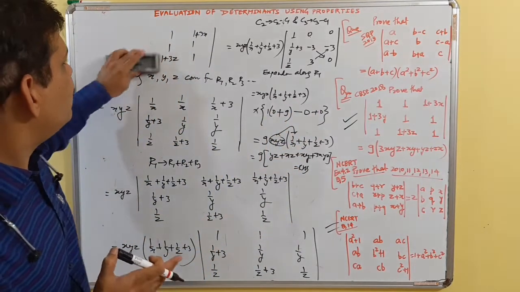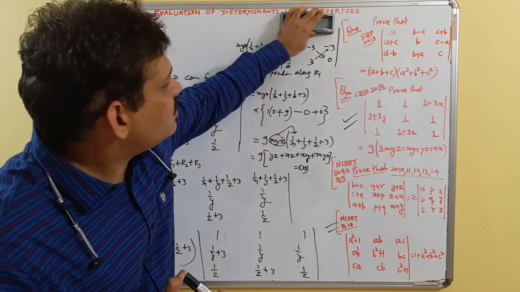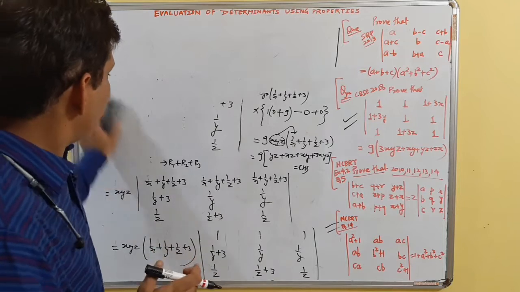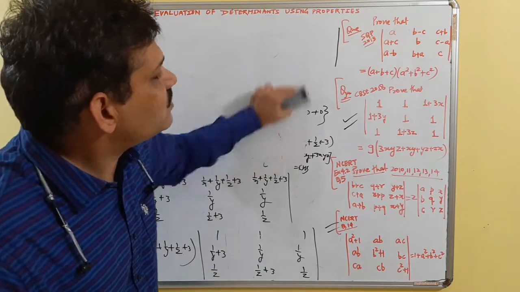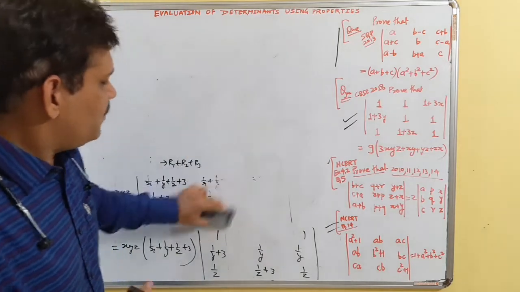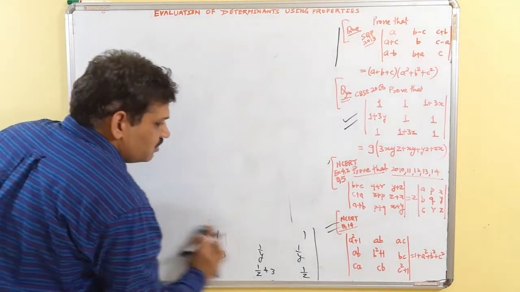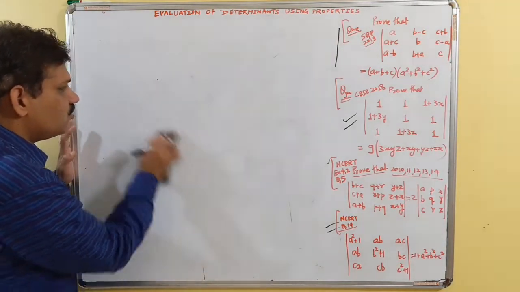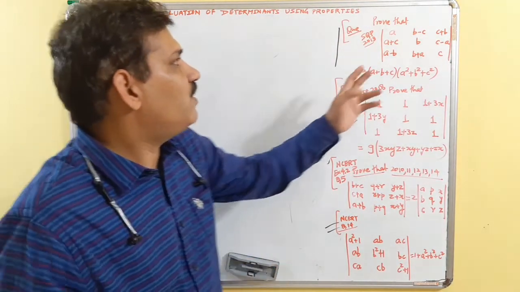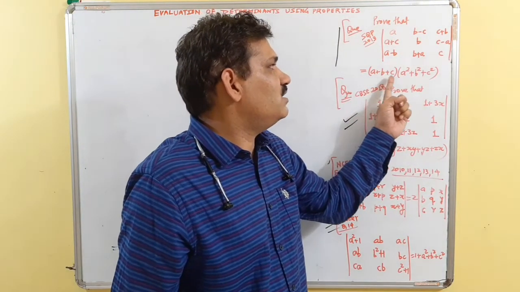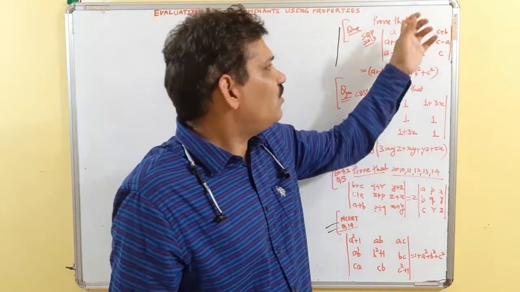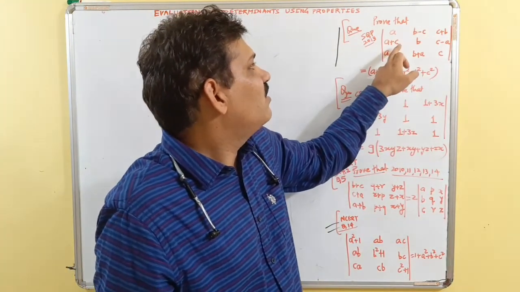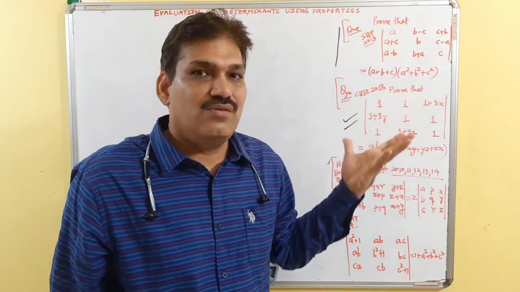Let's have a look at a question which was given in the CBSE sample question paper 2019. For the year 2019, CBSE issued its sample question paper, and this was the question given in the sample paper. If you see this question, you can find that the trick of adding 2 rows or 3 rows or columns is not working. If I try to, we are to get a plus b plus c and a square plus b square plus c square. Nowhere are you going to get a plus b plus c here. If you try to add, this is 3a plus c minus b, and likewise you are not going to get something common.